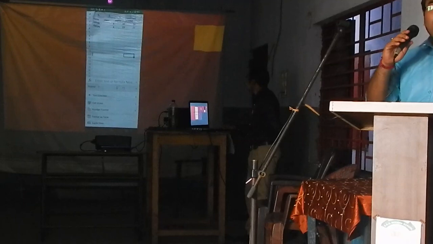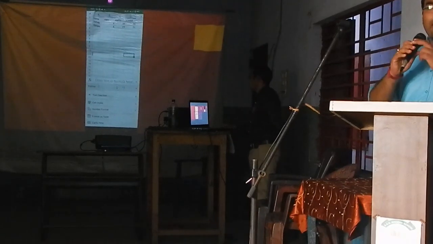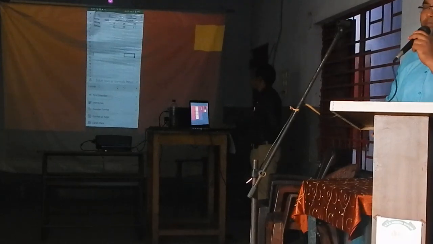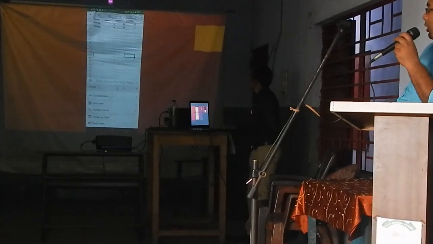The cell that you have selected, that is called the active cell. That active cell that we are working with, I have typed a small data and at the bottom some of